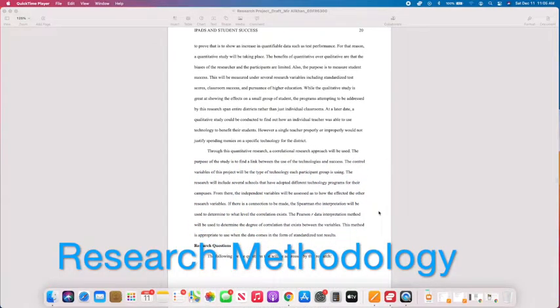It is very much a quantitative research, while some of it is also qualitative when we collect data from the students about their learning and their understanding at a level one and level two. It will be qualitative, but overall, the research methodology that I have used here is quantitative research, and a correlational research approach will be used for this. The reason for that is because we are looking at a product that's been used by people and we're seeing the outcome from it.